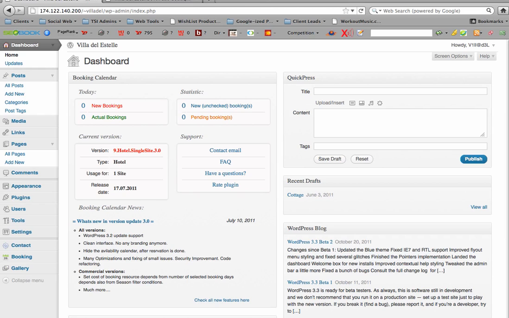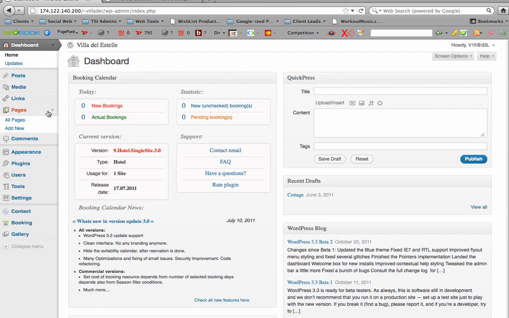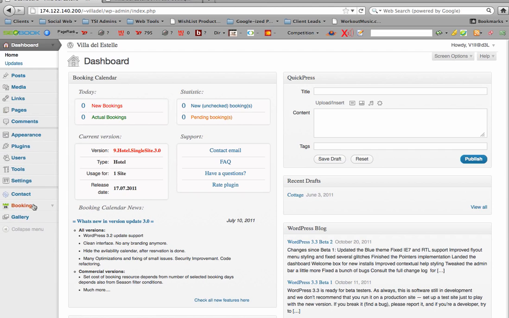Anyway, when you log into your website, you will be shown this screen when you first come in, and you'll notice that the first things up here are the booking calendar, new bookings, actual bookings, new unchecked bookings, pending bookings, and the version of software you're using. One of the things you're going to want to take a look at for booking is your booking calendar right here. So you click that,